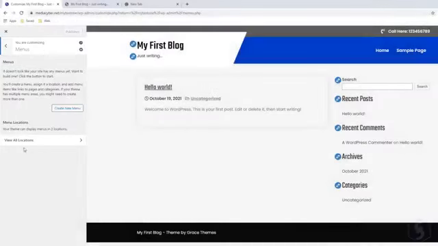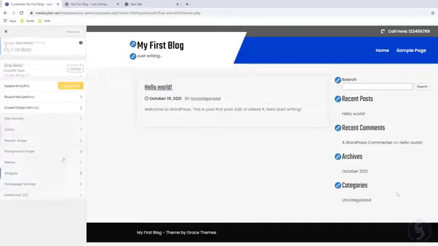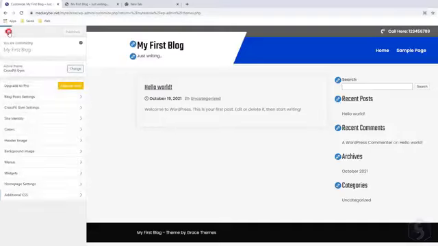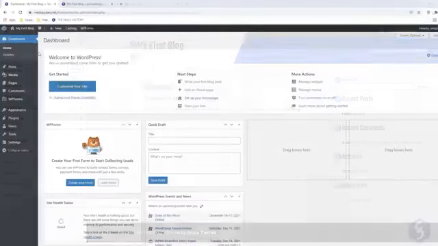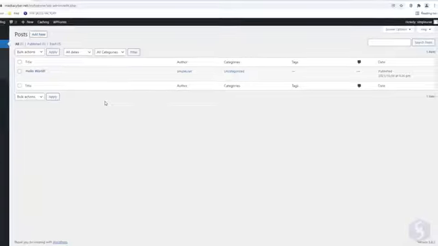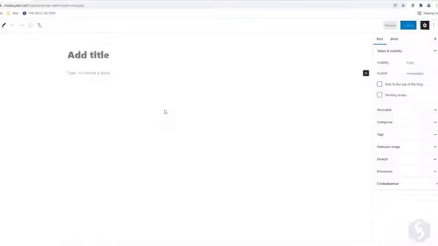You can also manage menus and widgets that are going to be seen in a while. Switch to Homepage Settings to show your latest posts or any specific page as homepage. Now let's see how to write your first post. Click on Post on the left to get the list of all your posts. By default, you only have one called Hello World, but you can go to Add New to start writing another